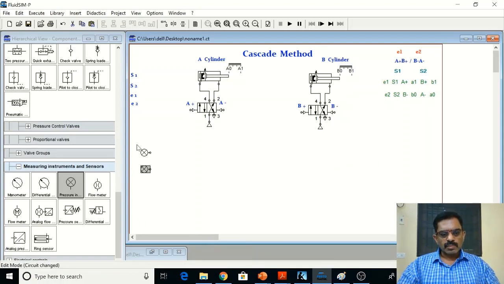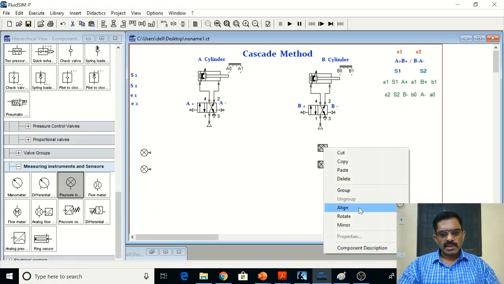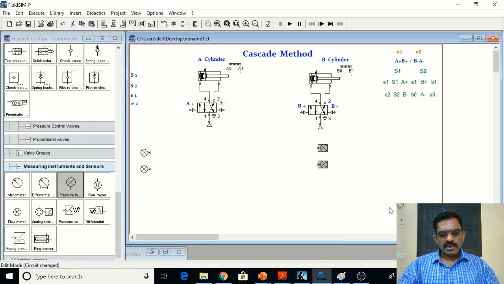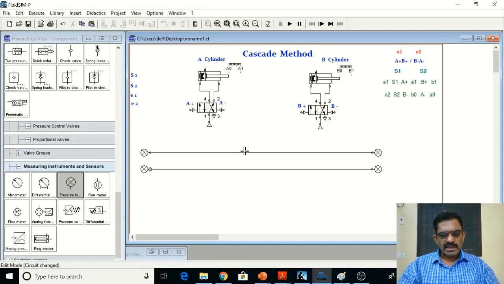So both I can choose, copy and paste, and let me mirror horizontally, and I can keep somewhere distance. So I can connect this, and it is connecting directly. Otherwise I can make alignment also. So this is S1, and this is my S2, and one more valve, a cascade valve, I require here.